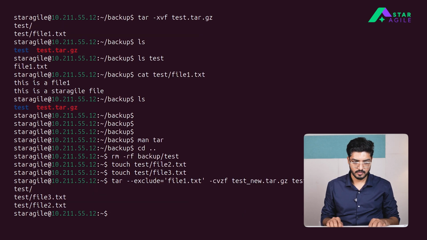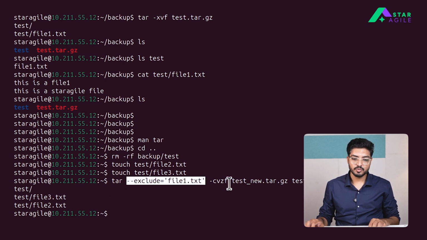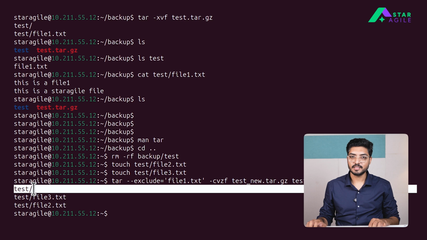So when I exclude file1.txt, it only took the backup for me only for this test directory,